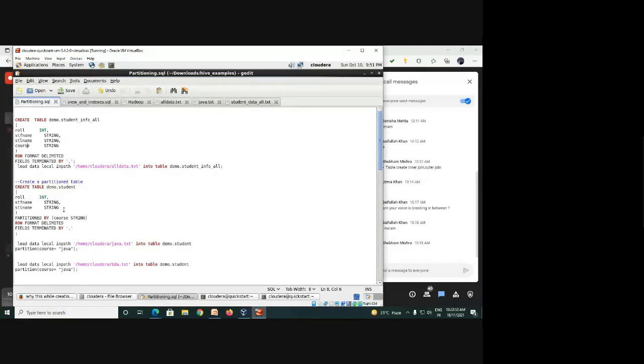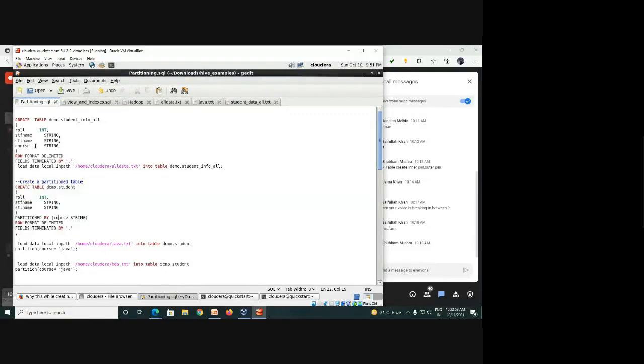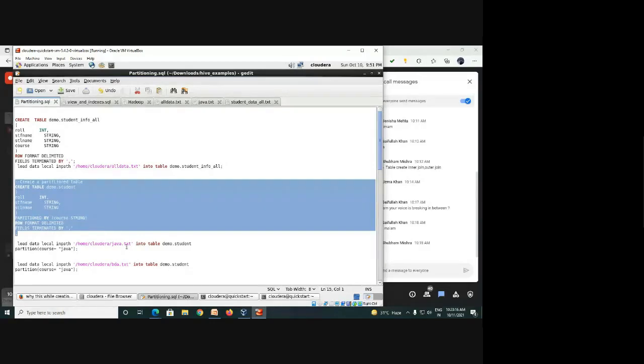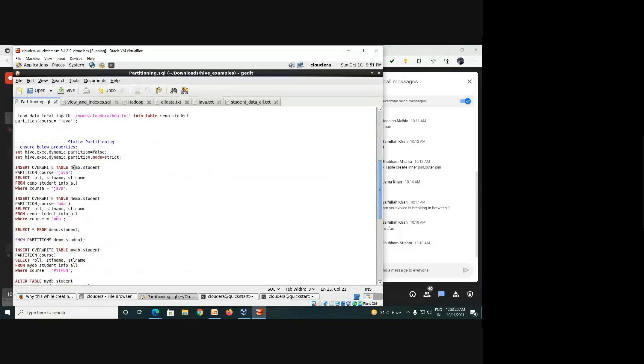Now after that you need to create one table with the partition. The same table structure is here, but the course field is not there, because we have declared it as partition by course. Clear? And then you can give this command: insert overwrite table partition course is equal to Java, then select star